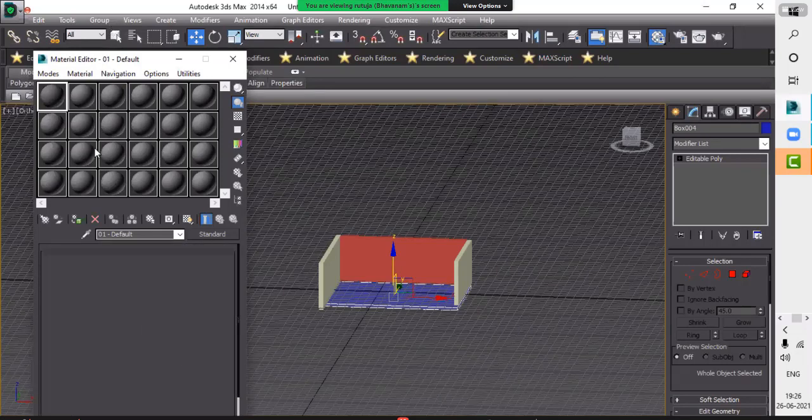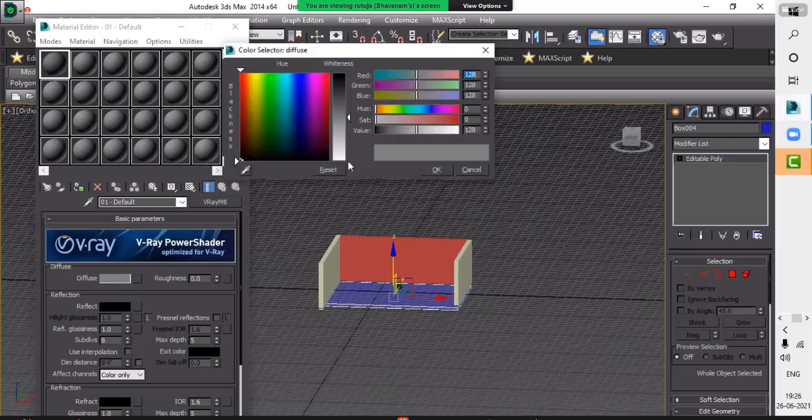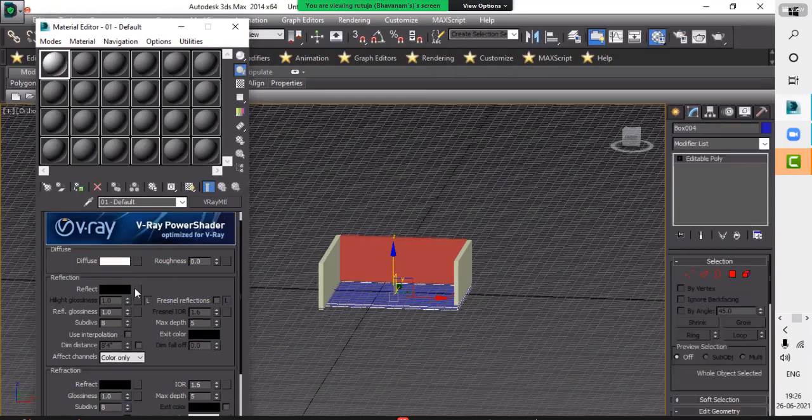When we press OK, the screen changes. You can see here the V-Ray Power Shader. Take Diffuse and choose white color first. I will teach you one thing here. Pay attention, guys.